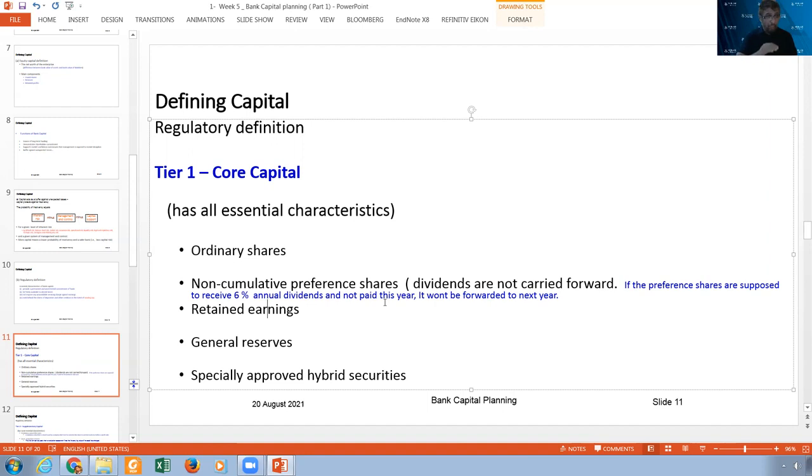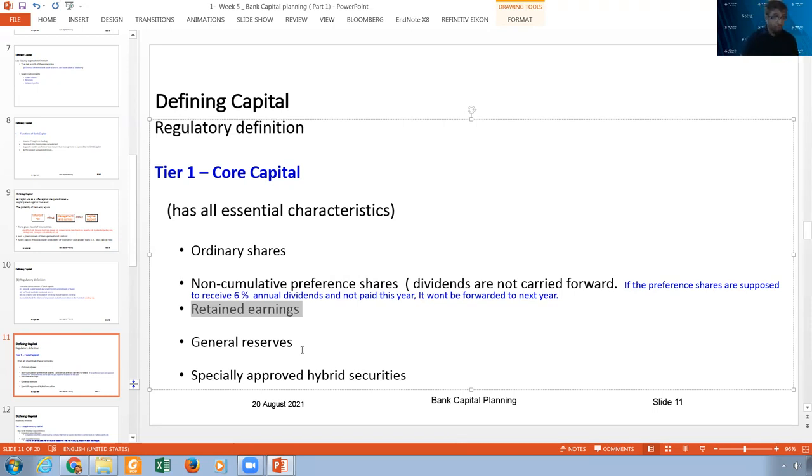And both of them, tier one and tier two, represent what we call the total capital. Maybe this is a new concept for you. So we have ordinary shares, number one, non-cumulative preference shares, and the third one is the retained earnings. I think most of you in accounting know retained earnings is just that part of the profit that I don't distribute to the shareholders. What is left after we pay the dividends is retained earnings, and it becomes part of the capital and joins that pool.